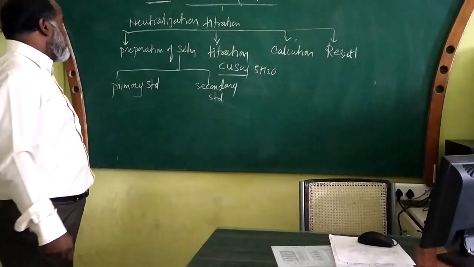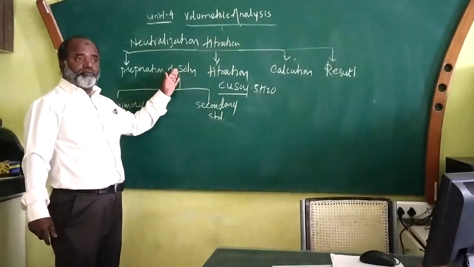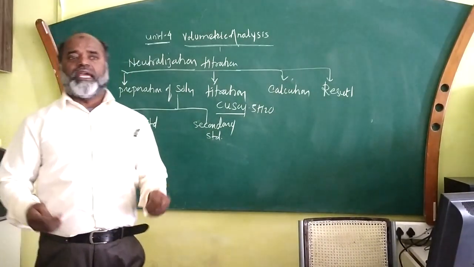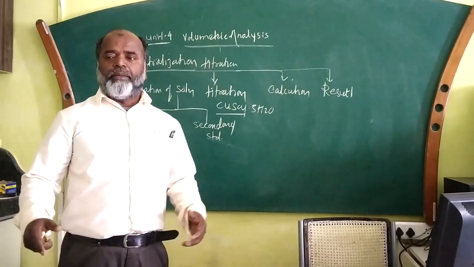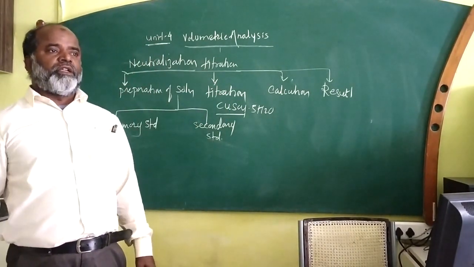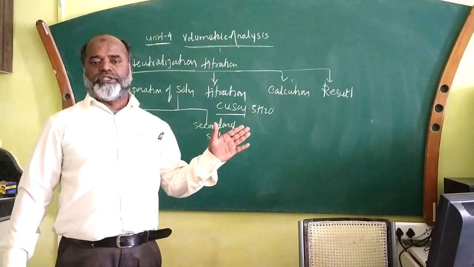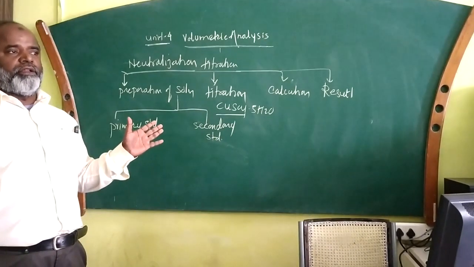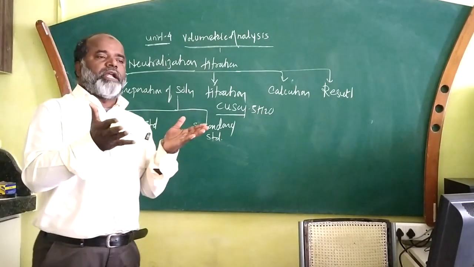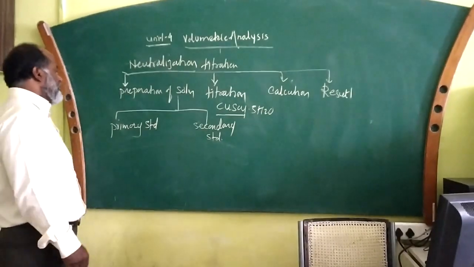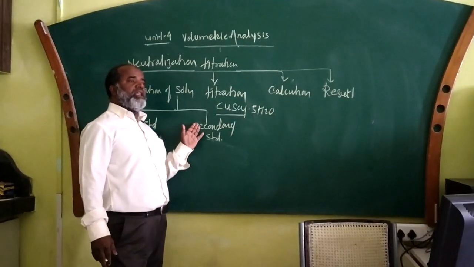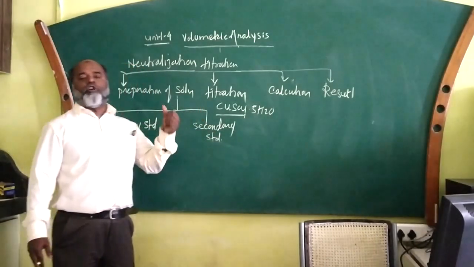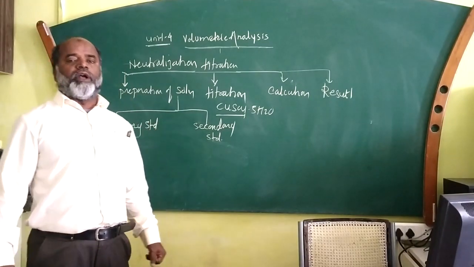So always remember, whenever you are preparing a solution, check what type of substance it is. वो substance कौन सा है, primary है कि secondary है? Primary means you will get exact concentration. Then you are not supposed to standardize. आपको standardize करने की जरूरत नहीं है. वो उसका exact concentration है. Because that substance is a primary standard substance that satisfies the conditions. हाँ, अगर आपका substance secondary है, then it needs to be standardized, because whatever solution is prepared will not be exact concentration. इसका exact concentration नहीं होगा.